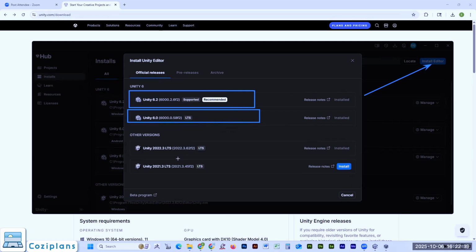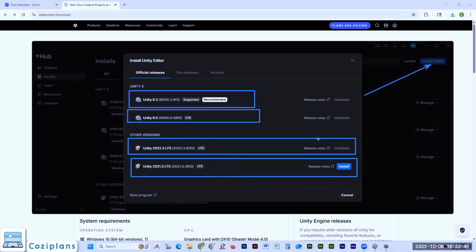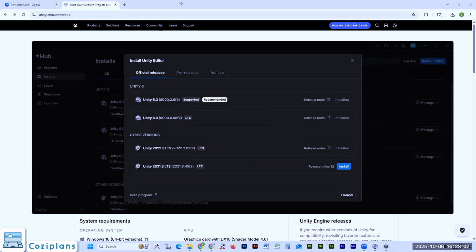Now, if you have an older system and maybe you can't handle it, or you're working with an older project or trying to follow an older tutorial, you might be going under one of these other ones, depending on the capability of your system. But you're going to choose that, and you can see I've already got 3 of these installed. So if I needed to install one, I would just select the blue install button here and follow its on-screen prompts for that. So once I have that installed,